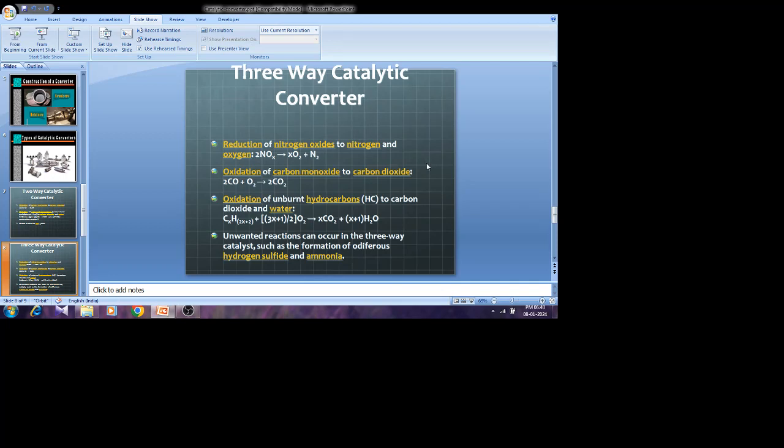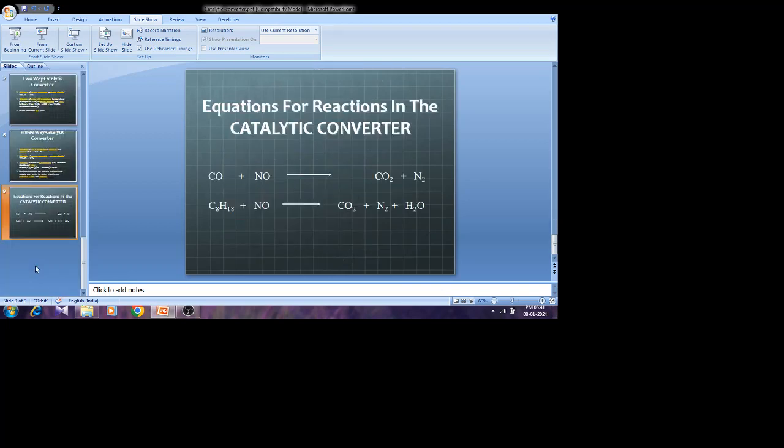However, there is another disadvantage in the three-way catalytic converter also. It is the formation of very bad smelling hydrogen sulfide and ammonia. So since they are facing these kinds of disadvantages,